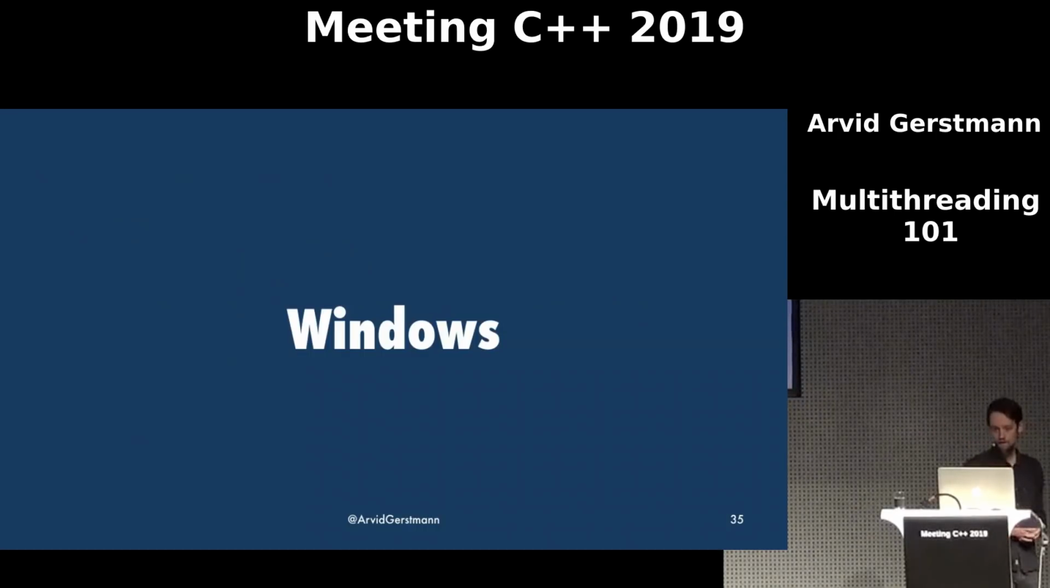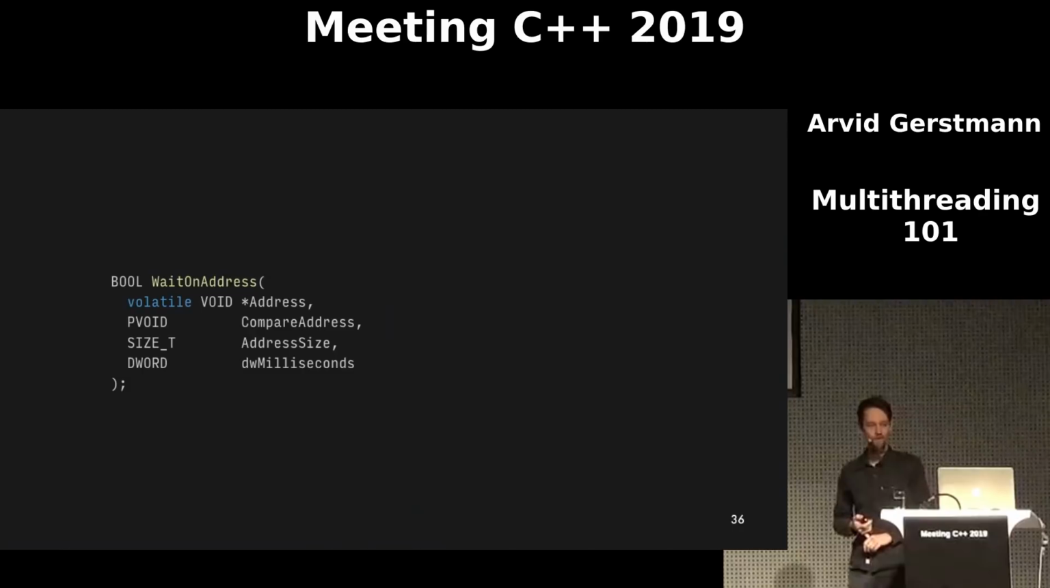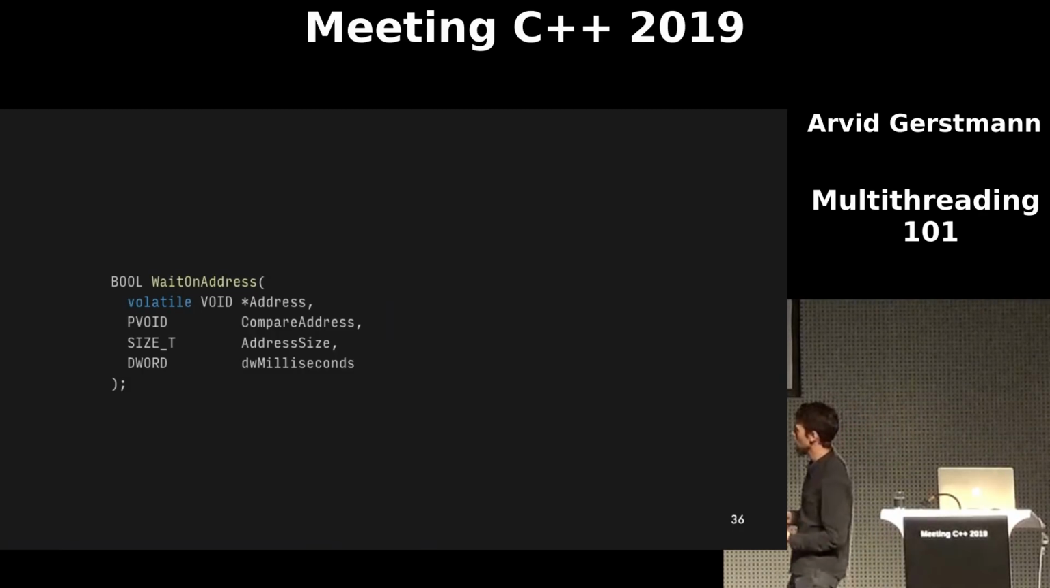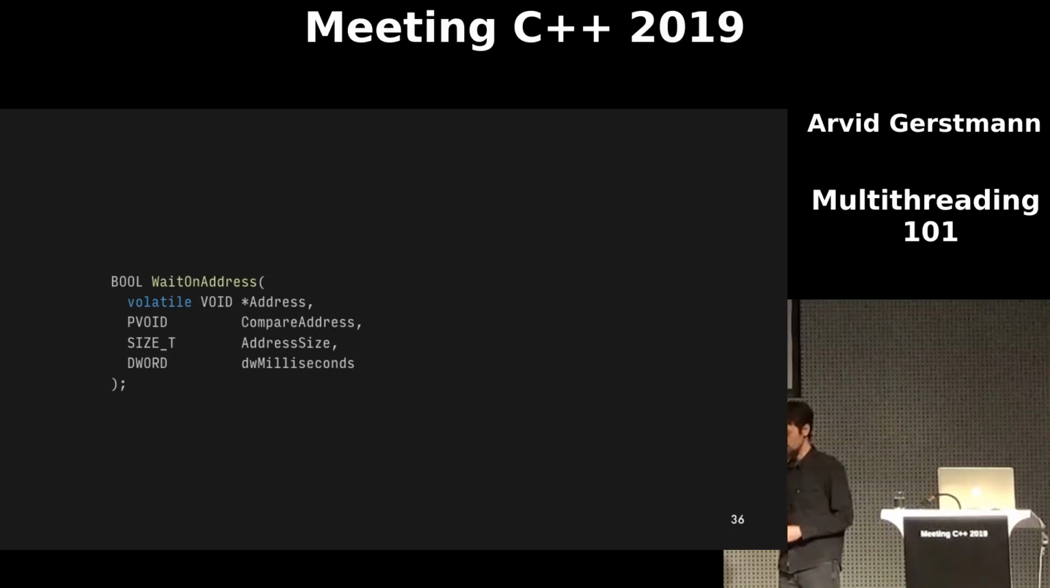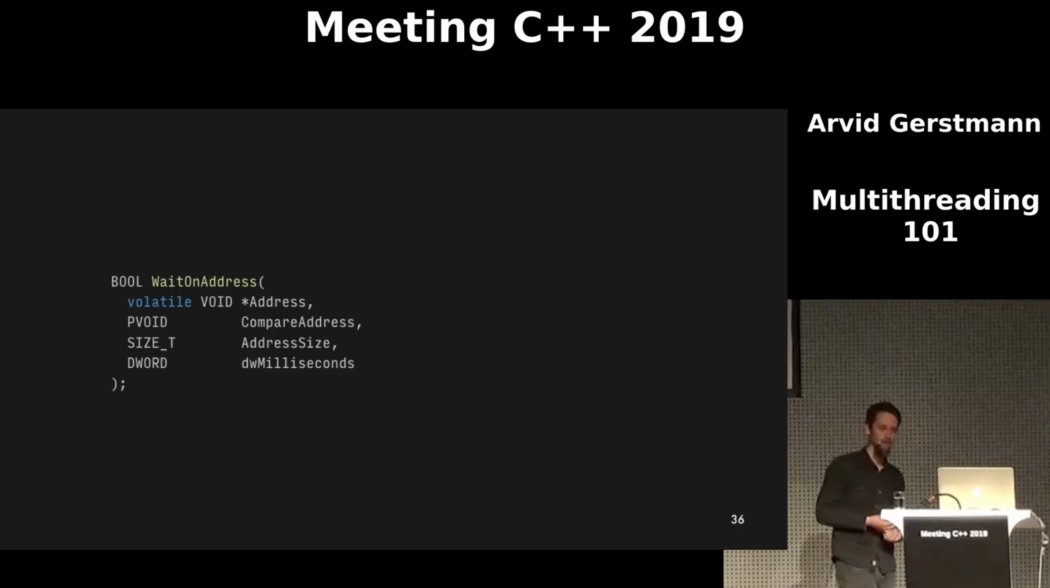All right, let's do the same on Windows. Sadly, there's no futex on Windows, but there's a pretty good equivalent to futex, and it's called WaitOnAddress. If you look at the function call, you realize it's reasonably similar to a futex. It creates a synchronization primitive out of 1, 2, 4, or 8 bytes of memory. It waits for the memory to change until the value is different than compare address, which is just a pointer to